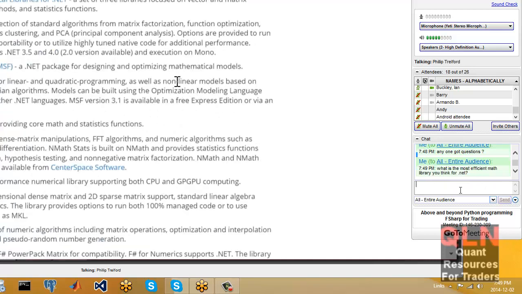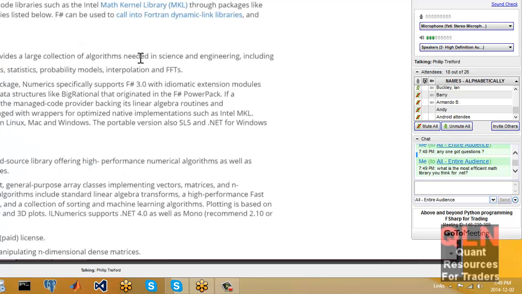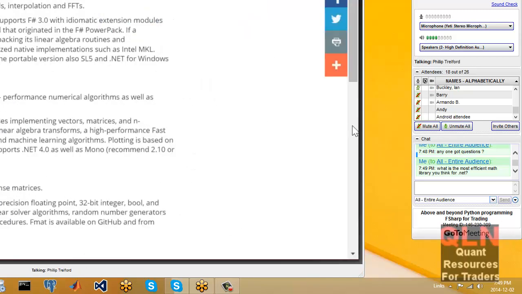One of my favorites is Stat Factory, which lets you do beautiful matrix calculations, and you can actually just switch the namespace at the top to .gpu, and it will compile all your matrix calculations on your GPU, which is just really amazing. I would say Stat Factory is probably a good start, but if you're on the open source side, then it's going to be math.net numerics, in terms of efficient math libraries.